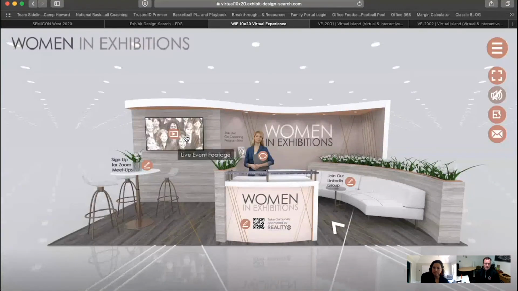And on the video screens, those can be PowerPoint presentations, Zoom meetings, or video content. So keep that in mind as we go through this, that the guardrails are sort of off. But what I love about what Katina and her team have done with all of these is, at least from a design perspective, they've still maintained the regular norms that we would experience on the trade show floor. And I think that's super important when you consider that as we maybe make our way out of this, right,